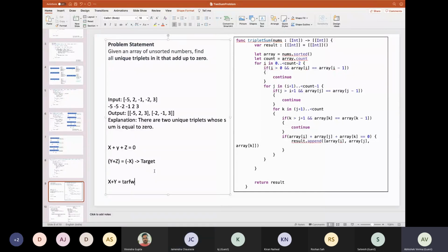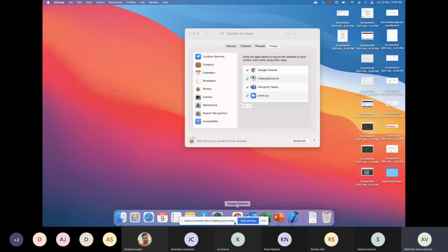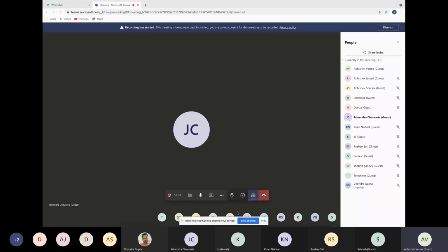Now in this problem, we have y plus z, we are saying it is minus x, and minus x has become the target. Okay, right? It makes sense, right?